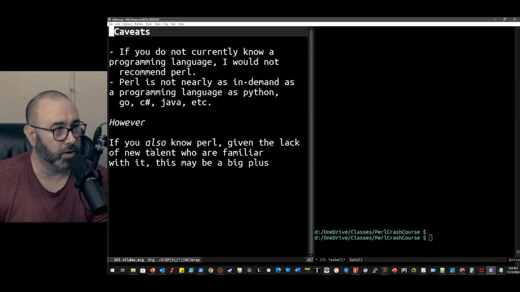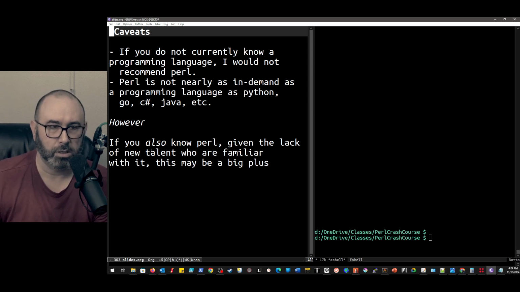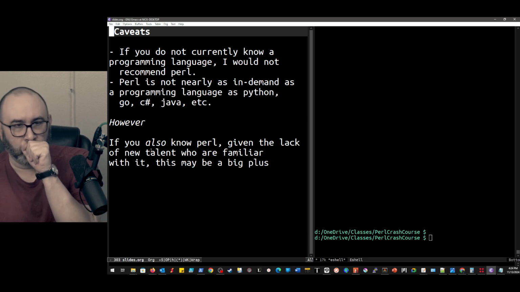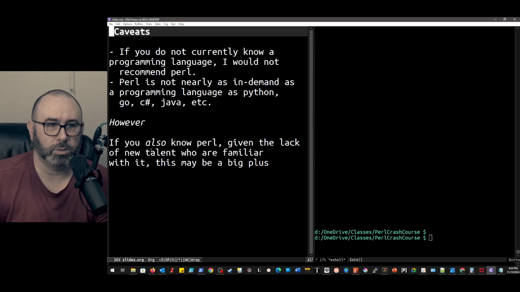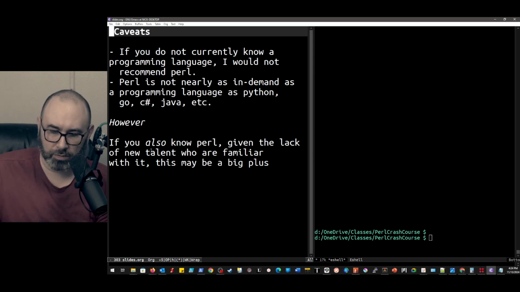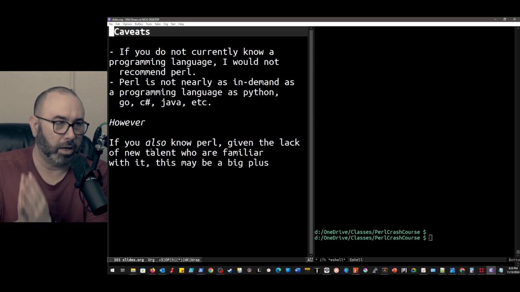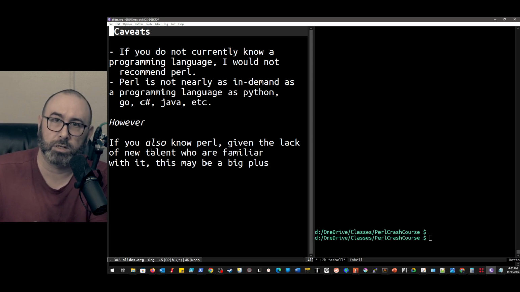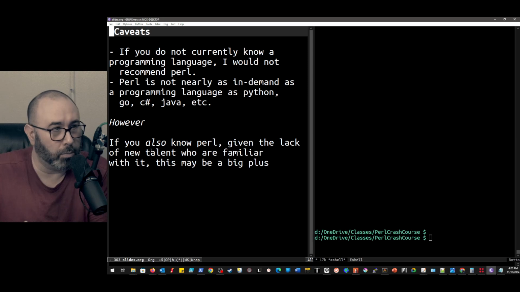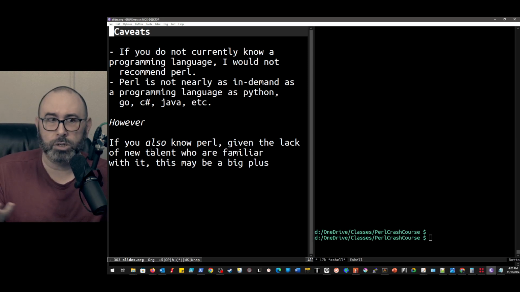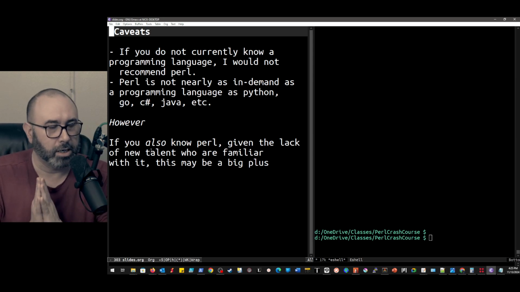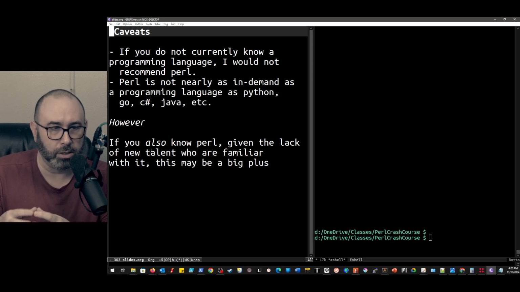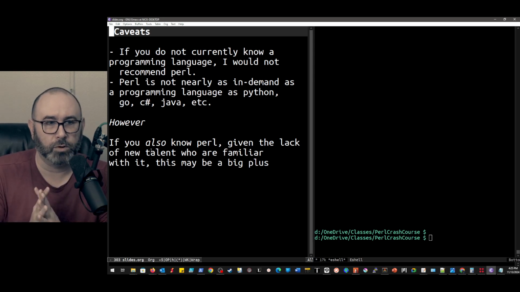If you're not doing this to find a job, if you don't care about a job, if this is more of a hobbyist thing for you, then absolutely Perl is a great language. There's nothing inherently wrong with it. And that's because Perl is not nearly in demand as a programming language. Things sort of come in favor and go out of favor, and as it stands, Perl is not nearly as in favor as a number of other languages. And that's part of why I'm putting this together. I don't think I'm going to change that by any means, but I do think it's worth understanding that it is a good language, and it does work very well.